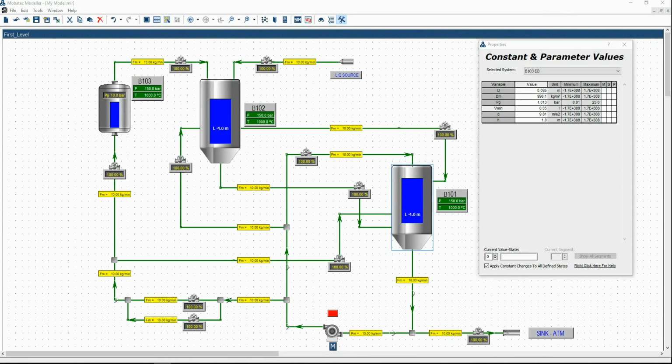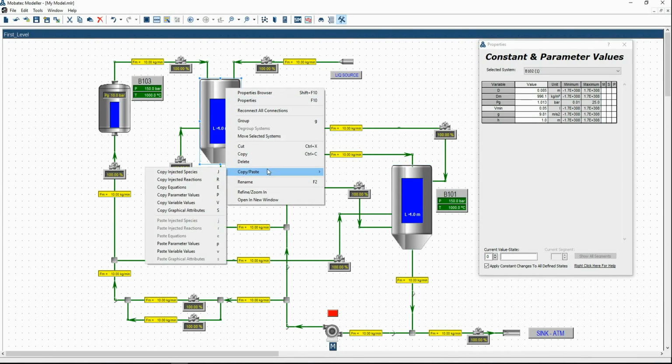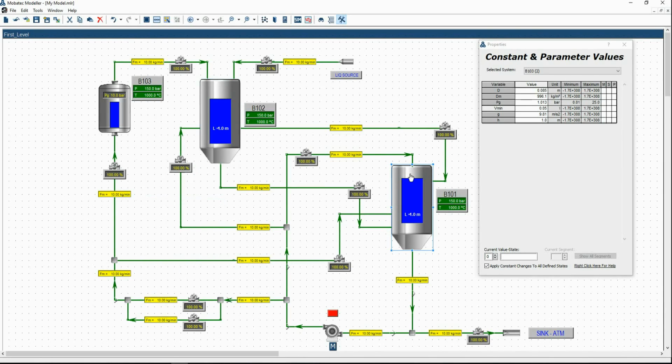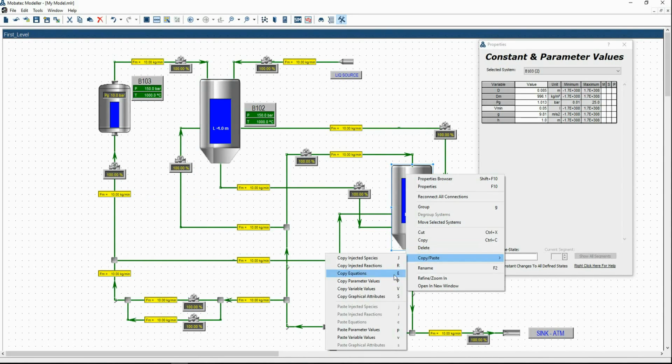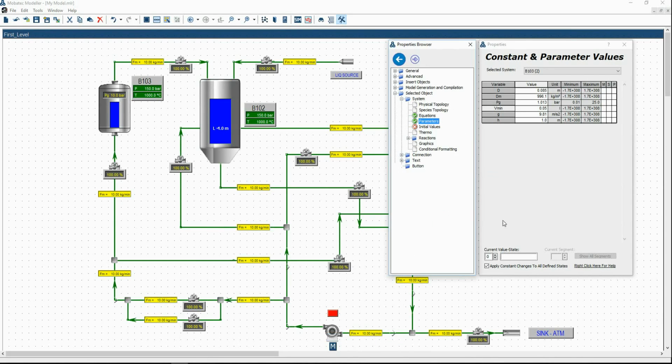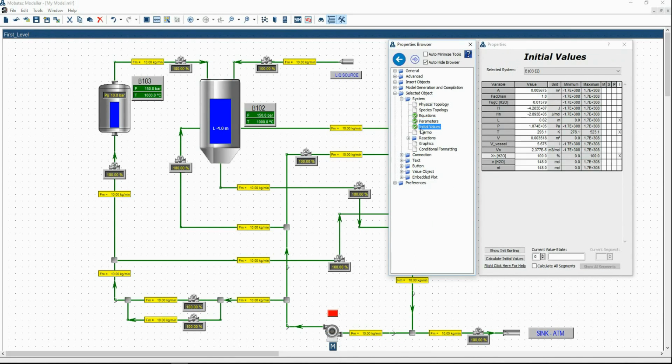We can also copy the variable values from the tank B102. Select, right click, go copy paste, and choose copy variable values. Go select B101, right click, copy paste, paste variable values. And now select initial values. We will see that the check mark turned green and that we have pasted the exact values from the tank